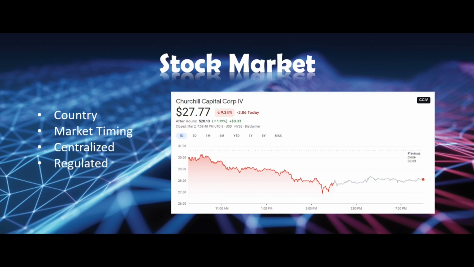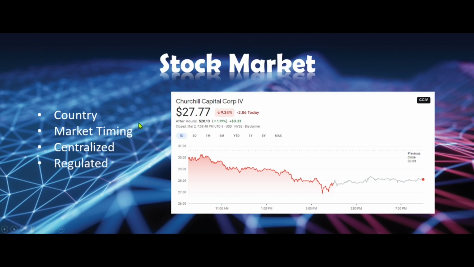You have to follow all of those rules, and when you buy and sell in the country where you're doing transactions, you have to pay attention to the rules and regulations, pay taxes and follow all of those things. So it is in nature very regulated, and also very centralized per country. The United States has its own stock market, England has its own market. If you look at the Middle East, every country has its own stock market controlled by their central banks or their regulating authority, what they can do and what they cannot.